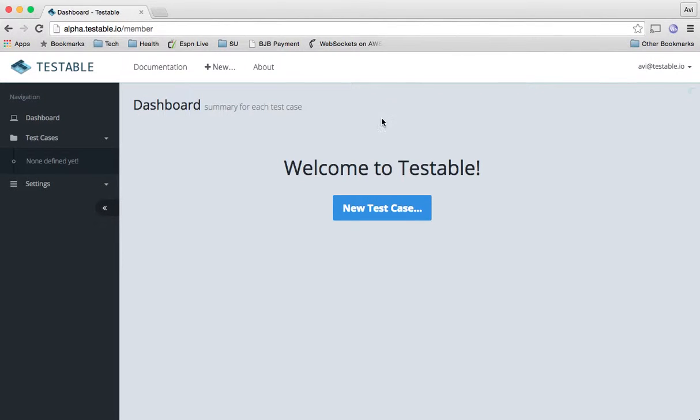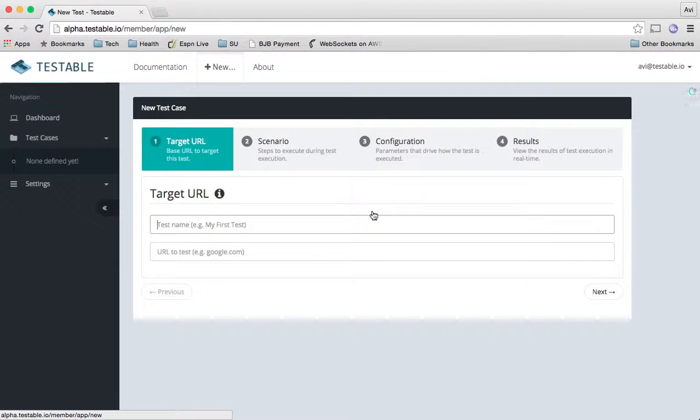So I'm logging in here for the first time, and what we can see is it tells me welcome, and there's a button to create our first test case. So we'll go ahead and do that now. And as you can see here, there's a few simple steps to go through to get a test case up and running. So the first thing we need to decide is the URL that we want to target